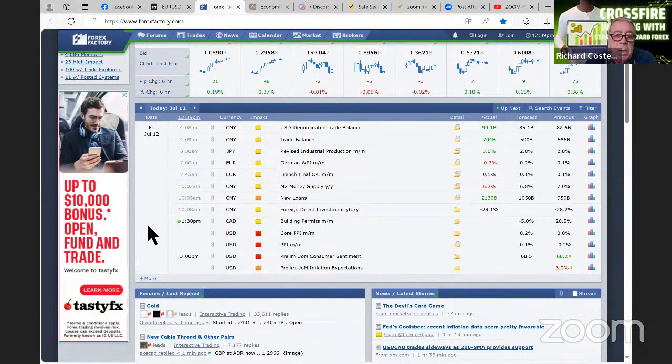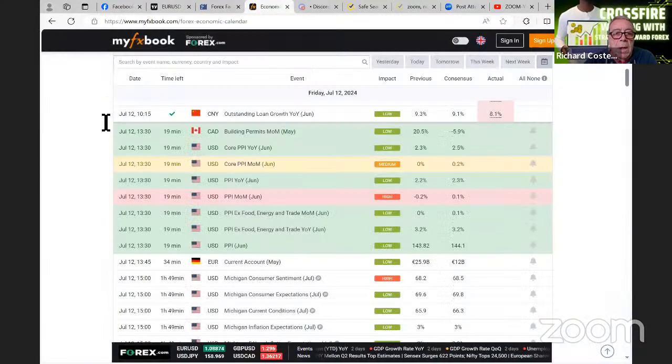Some people do trade the news. I tend to avoid trading the news. So we've got 1:30 and 3 p.m. red flag news. And I just had a quick look before I came on at my FX Look economic calendar, and they've got red flag at 1:30 for the US dollar. They've also got red flag at 3 o'clock for the US dollar. So pretty much the same story there. So I'll be avoiding 1:30 and 3 p.m. We quite often do get trades after 3 p.m. on a Friday afternoon. And now we can go back to